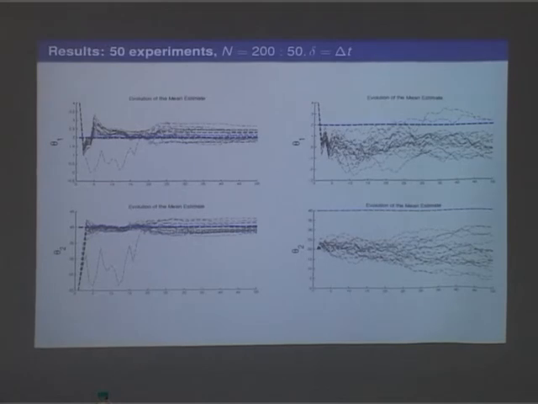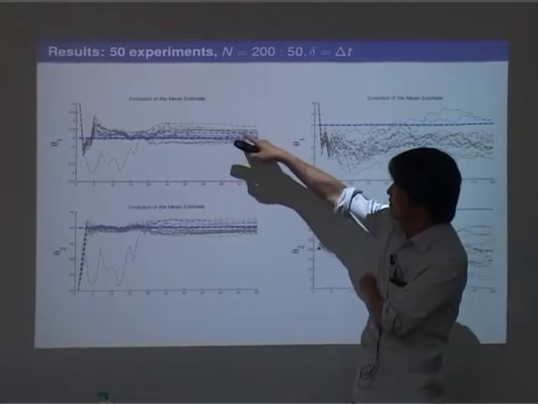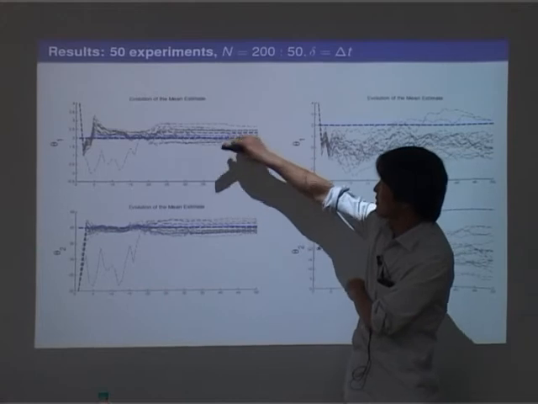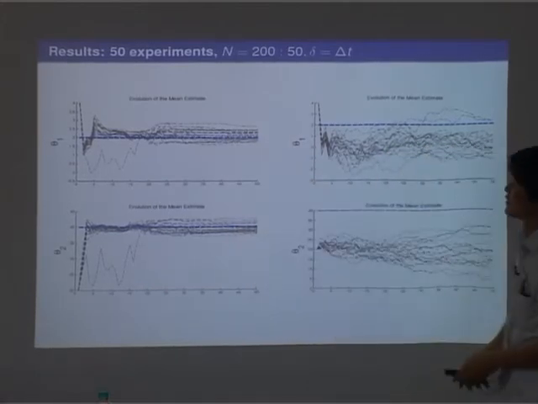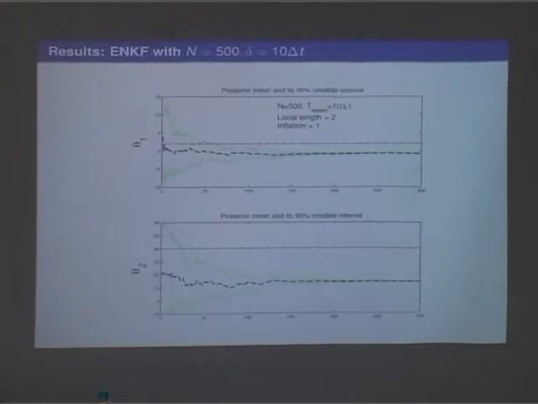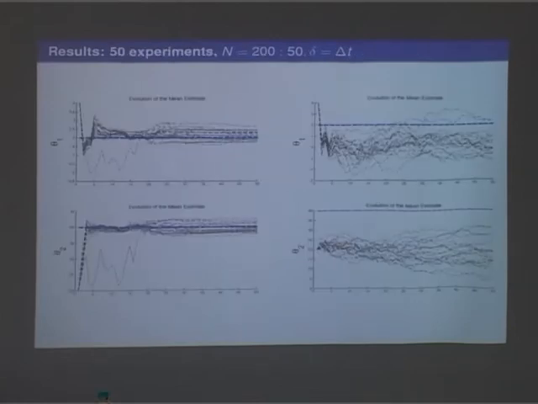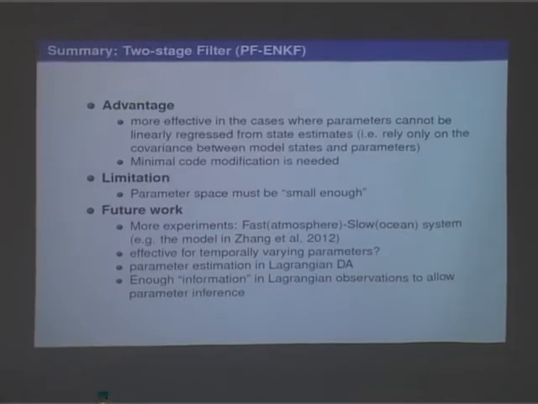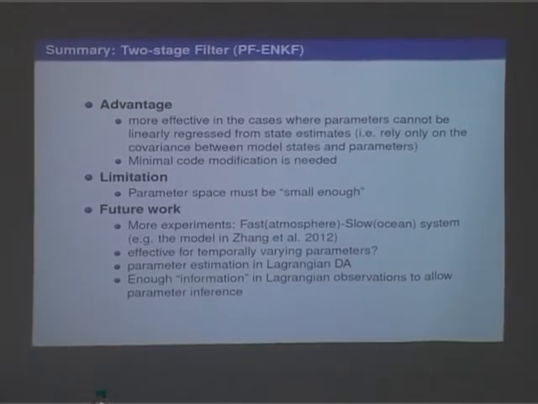And these are similar pictures. I ran 50 experiments with 50 different initial ensembles. And in this case, look, there is more fluctuation in the result that you could get compared with the previous one when you run in the linear regime. So this is ongoing work, and I think there's more work to do here.